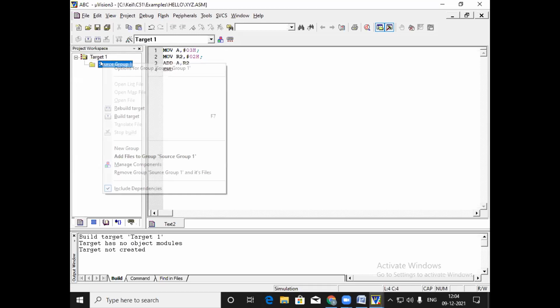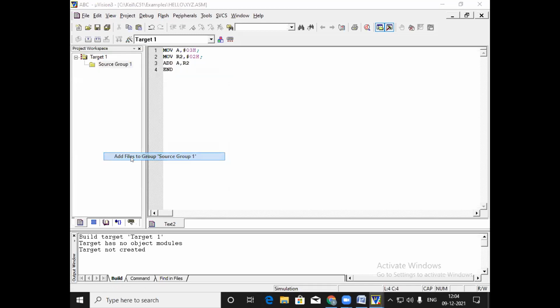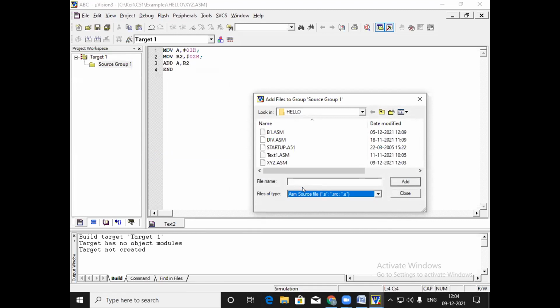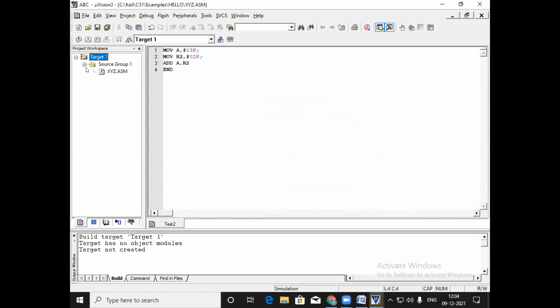सो फॉर दॅट पर्पज राईट क्लिक, ऍड group and source file. Then here is the asm file. Name of the asm file is xyz asm. Add and then close. Here is where to add this file xyz.asm. Remember this. मग ही एरर लक्षात ठेवा, जर आपण ऍड नाही केली फाईल, इफ यू नॉट ऍड द फाईल,